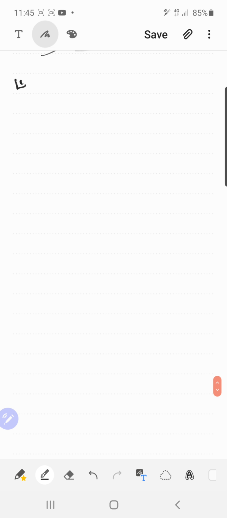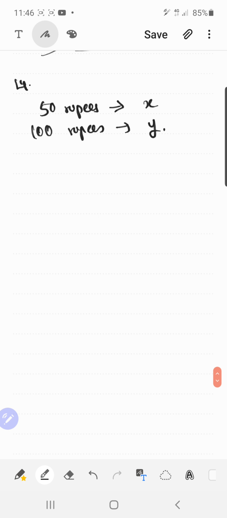I'll jump on to the 4th, and it says Meena went to the bank to withdraw 2000. She asked the cashier to give her rupees 50 and rupees 100 notes. Now 50 rupees notes, how many she got? x. 100 rupees notes, we do not know. So maybe the number of 100 rupees notes, we can keep it as y. And total 50x plus 100y, she got 2000 rupees. Am I correct with this?